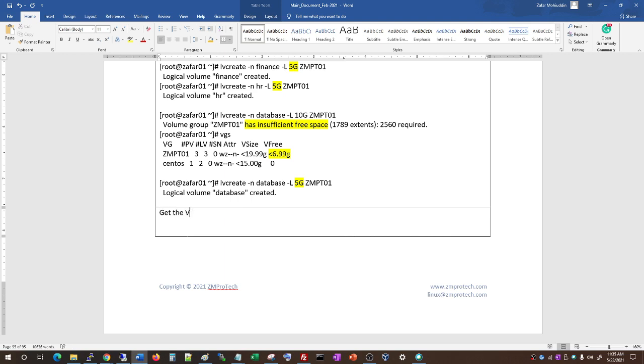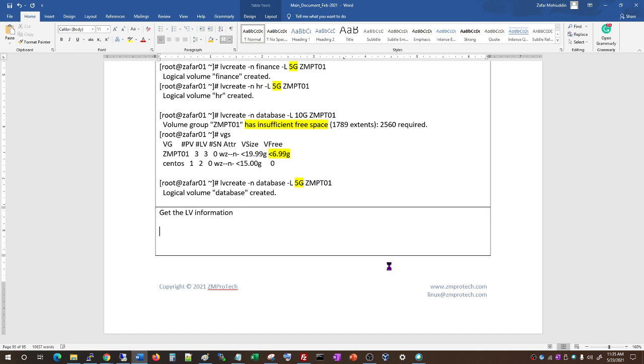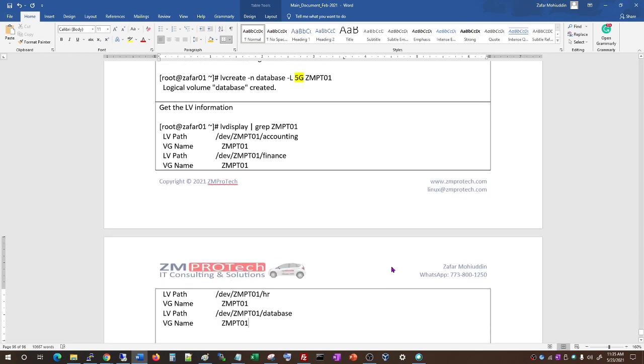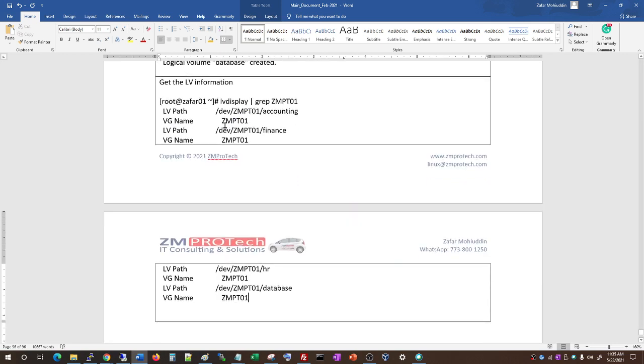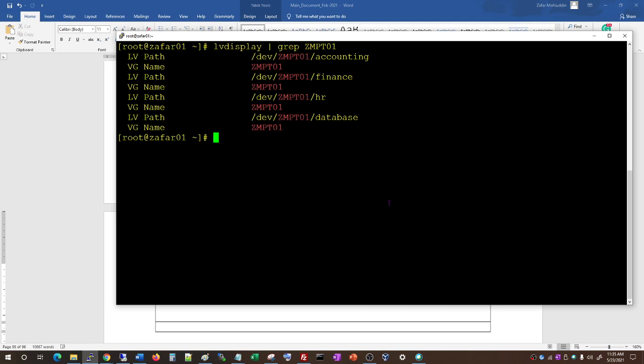Get the LV information. So the one we are interested in here is this one. This is the one we are interested in. Highlight, highlight, and highlight. Okay, so now the command is going to be